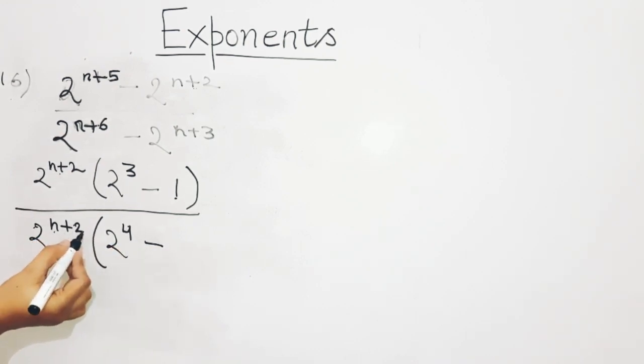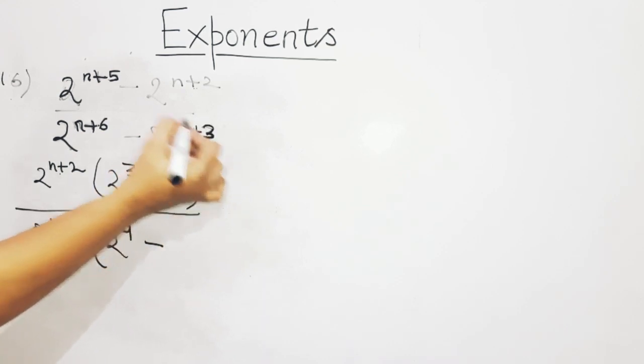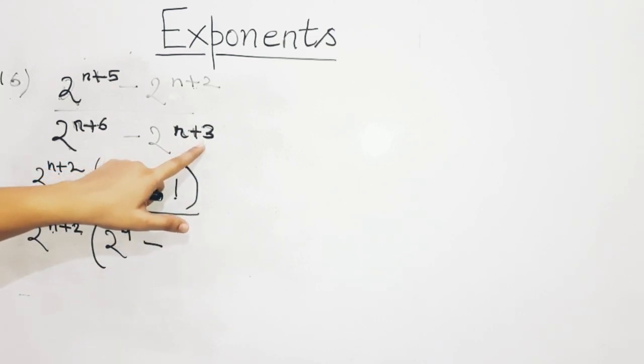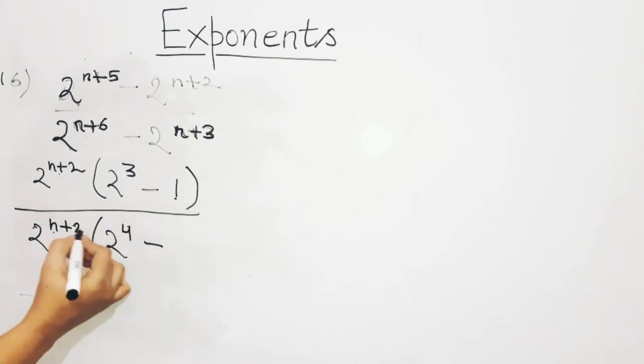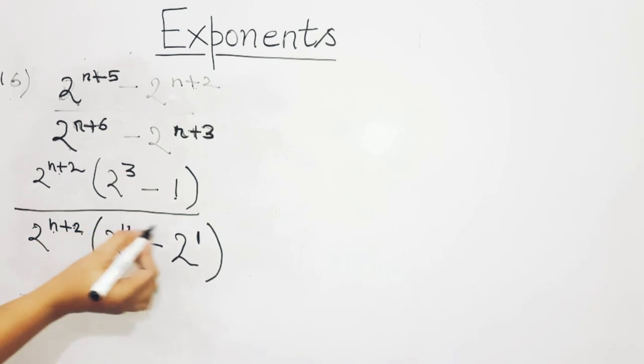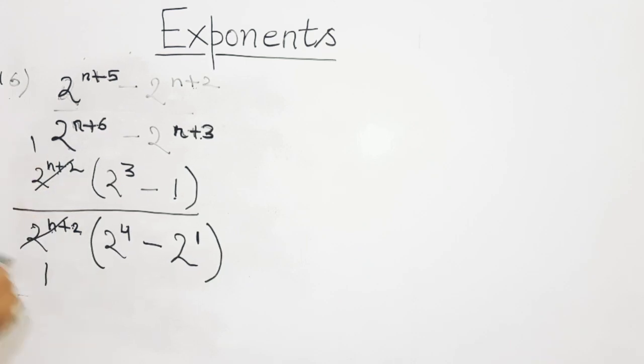माइनस, now n+2 है आपका यहाँ पे. n+3 में से अगर आप n+2 निकाल देते हैं तो what is remaining? When you are taking out n+2 from n+3, what is left over here? क्या बचेगा आपका? n+2 + 1, यानी 2 to the power of 1, because 2 + 1 is 3. We will obtain n+3 after multiplying this. So now we have taken 2 to the power of n+2 as common. Now it will be simplified. It will be cancelled because the numerator and denominator are the same. Now this bracket portion will be solved.